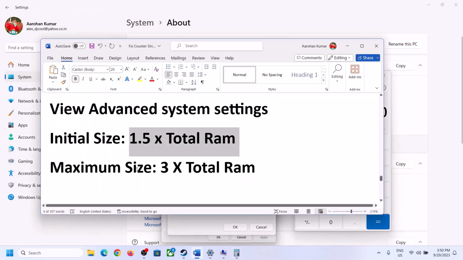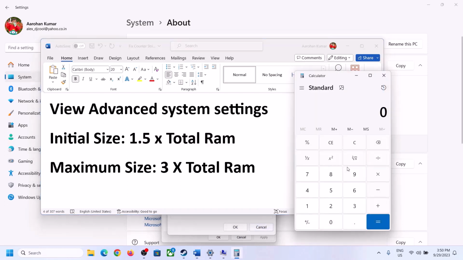Initial size is 1.5 times total RAM. Total RAM in my case is 16 GB. So 16 into 1024, because 1 GB is equal to 1024 megabytes. So 16 GB in megabytes will be 16384. This is my total RAM in megabytes. Now 1.5 times total RAM, that is, into 1.5. So in my case initial size is